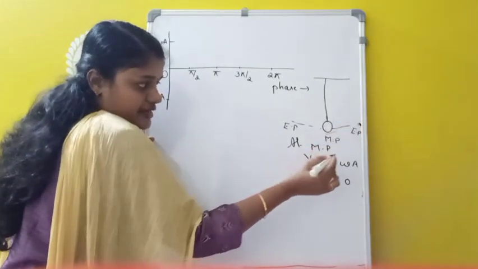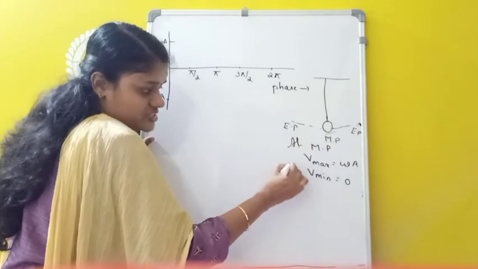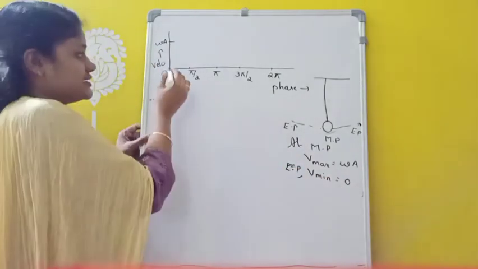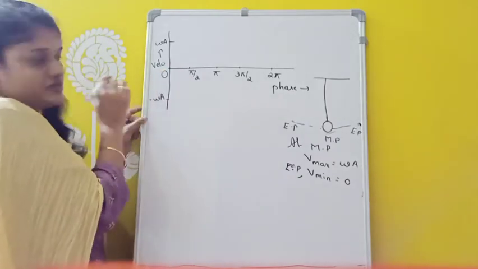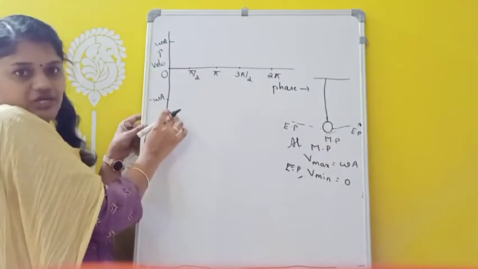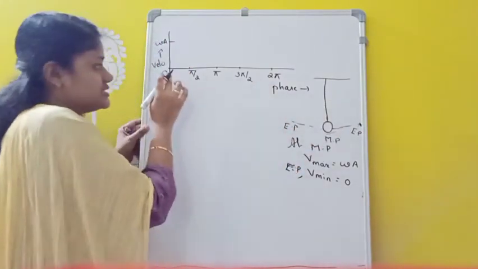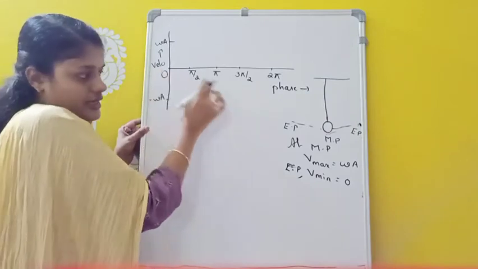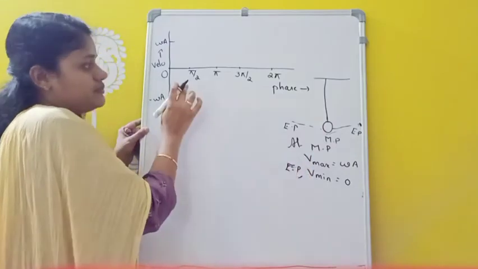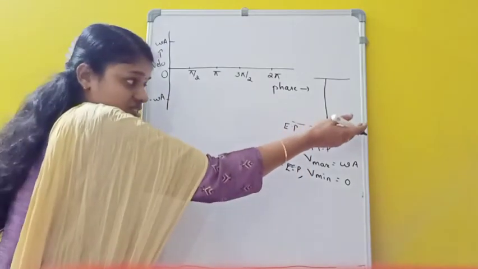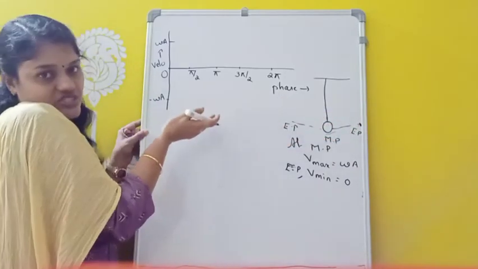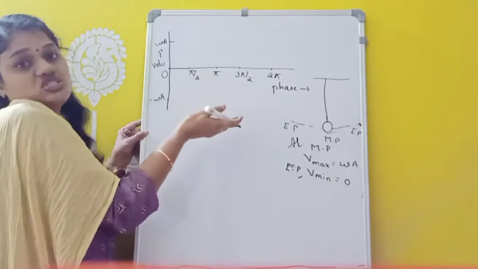Suppose here the motion starts from one extreme position, that means it is starting from here. At extreme position, what about the velocity? Velocity is minimum, that means 0. That means the graph is starting from here. The maximum value is given as omega A. In the negative direction, it is minus omega into A. So it starts from here, that means the velocity is 0. Now when this body reaches the mean position, what about the velocity? It becomes maximum. Maximum in which direction? It is moving towards the mean position, that means the negative direction.